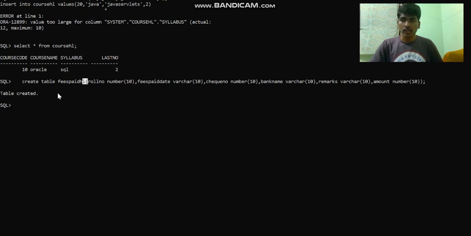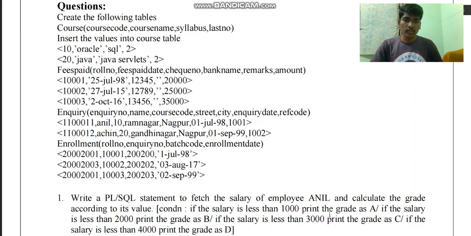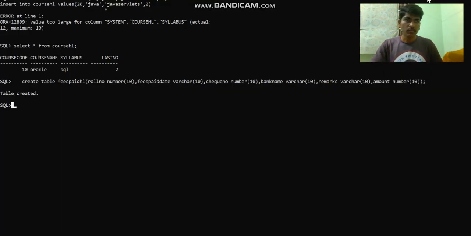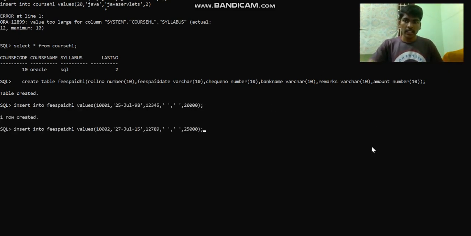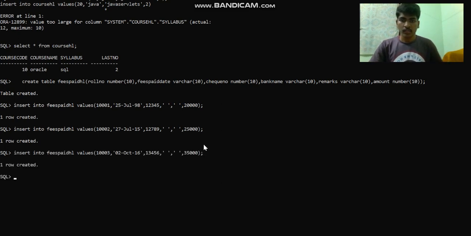Then we need to give three inputs for this. This is our first input, it will be created. This is our second input, it is also created. This is our third input, this is also created. Now the table is created.